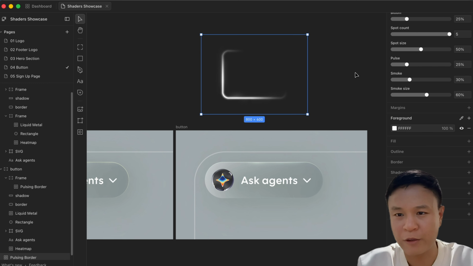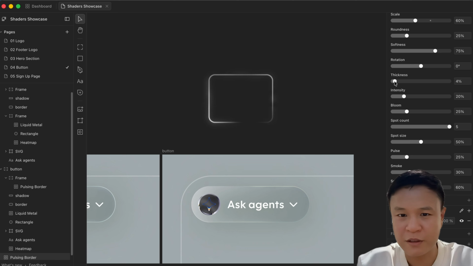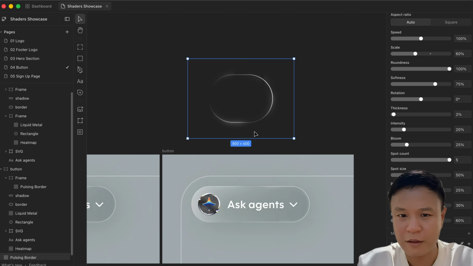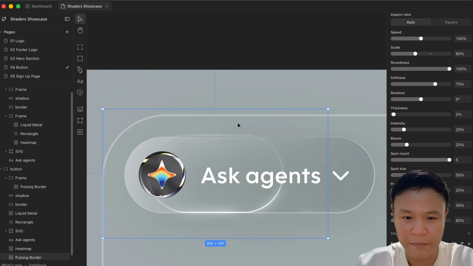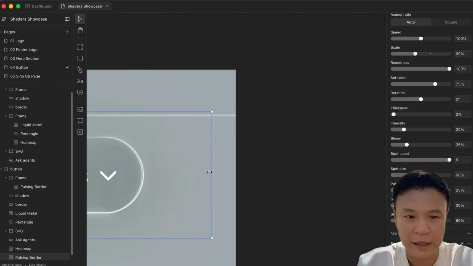in white color, and what I did was basically reduce the thickness, so it looks more crisp, in this case, the roundness as well. Okay, but you get the idea how I apply this. So basically I apply it like that. It basically looks like something that is circling the outer